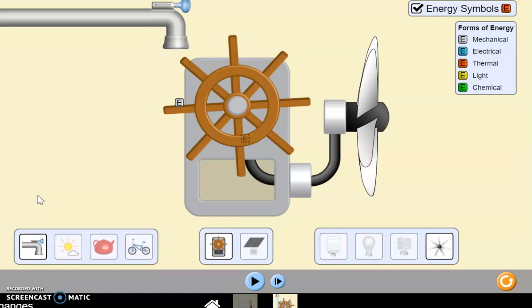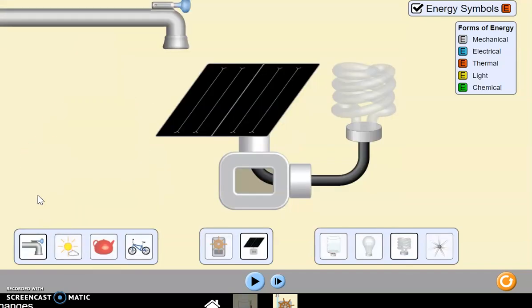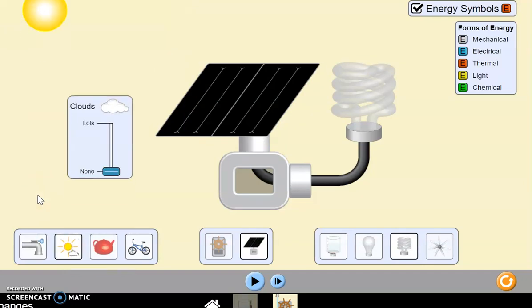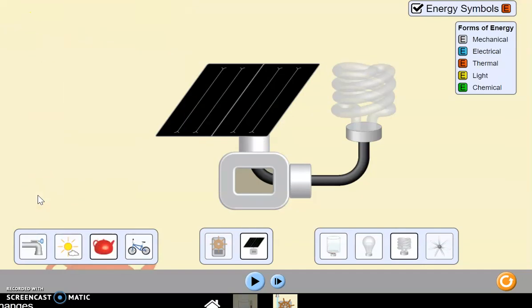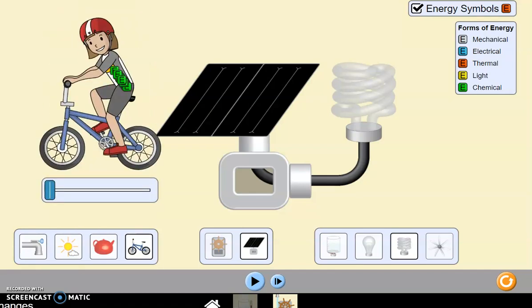Notice that in the top part of the screen, there are little symbols with small e's in different colors. These represent the different forms of energy in the system. When I say system, I mean two or more objects interacting. Currently, on the screen, the system can include the water faucet, the sun, a water kettle, a human with a bicycle,